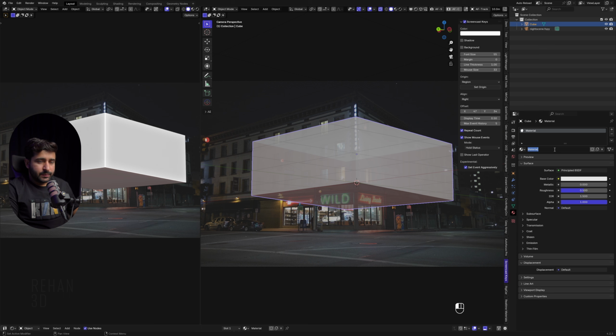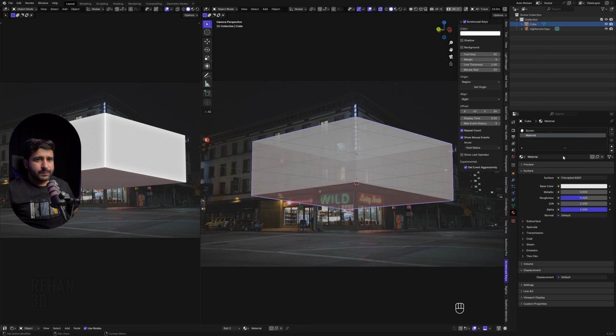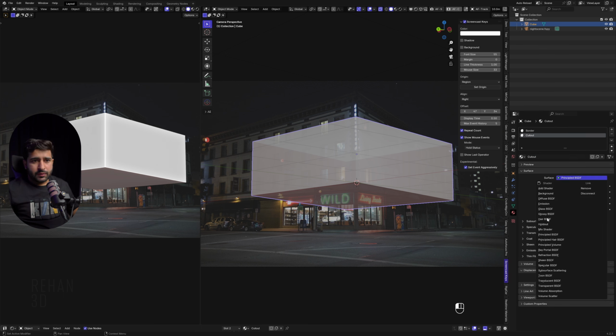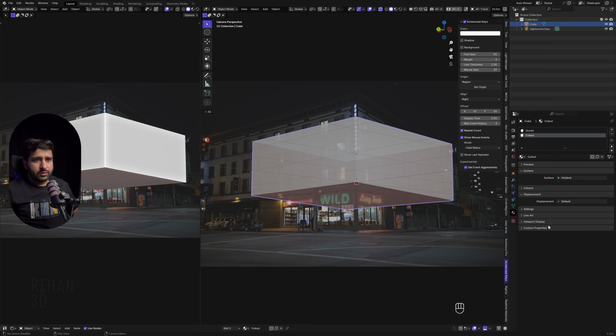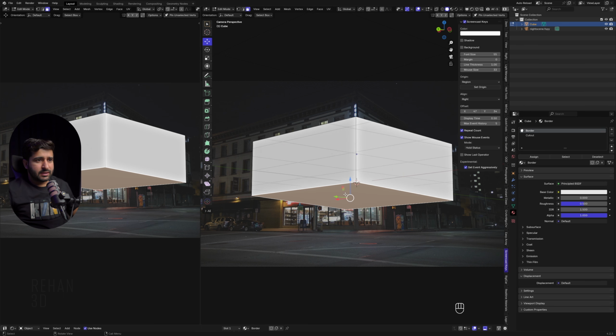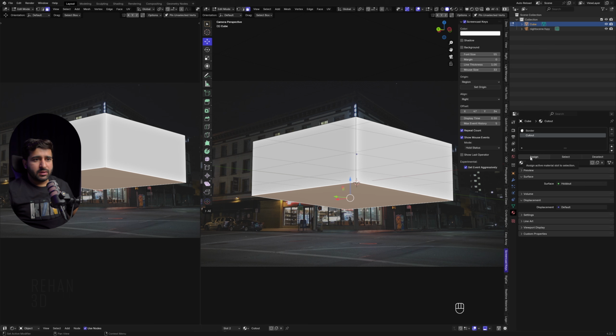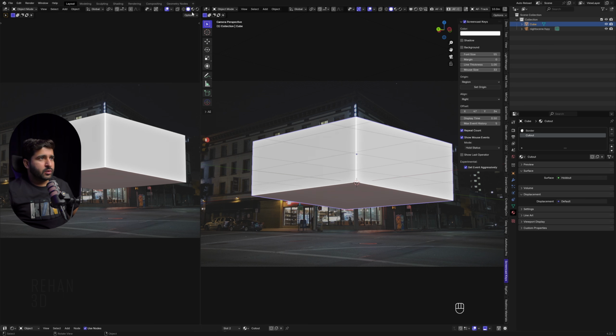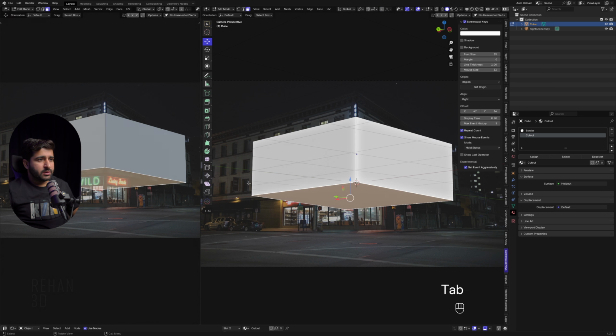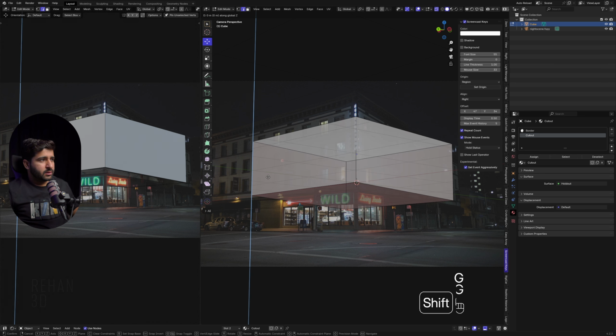So add a new material, let's name it border, add a new material, cut out, and select the surface. Here you simply select the holdout, and now we will select this face and apply this material cutout like this. And if we go into the material viewport, you can see we hid the bottom surface, and here we will